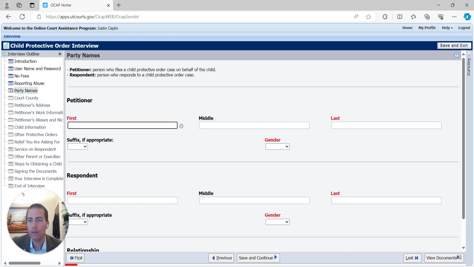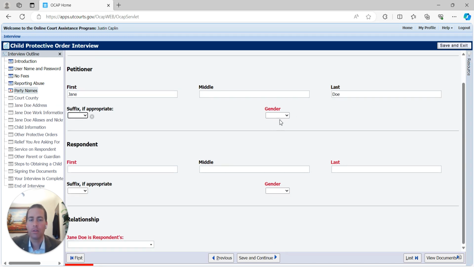So now you can see over here, except my little timer's kind of blocking that, it tells you what you're doing. You can jump through, I think. So we're going to just call this John, no, we're going to call this Jane Doe. I don't know why it matters what gender. We're going to call it John Doe,